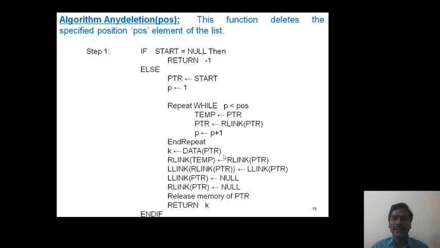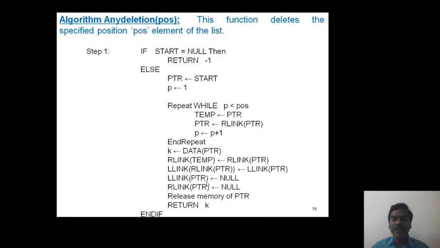Now access the data part of ptr, k equals data of ptr. Now we break the links as r-link of temp equals r-link of ptr. L-link of r-link of ptr is filled with l-link of ptr.